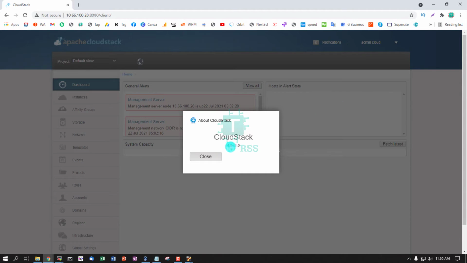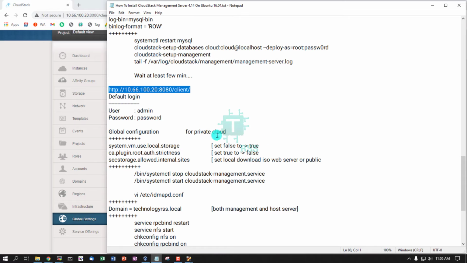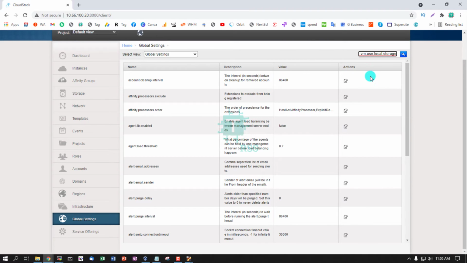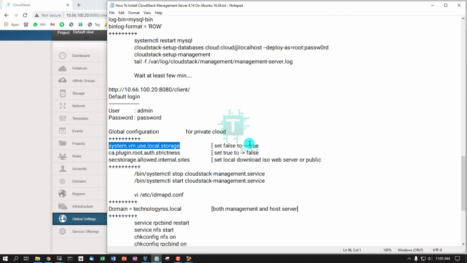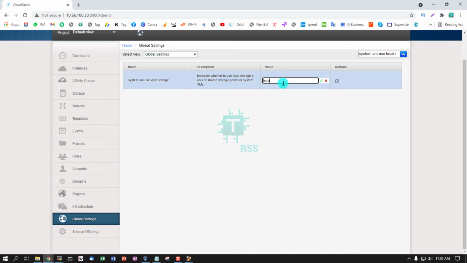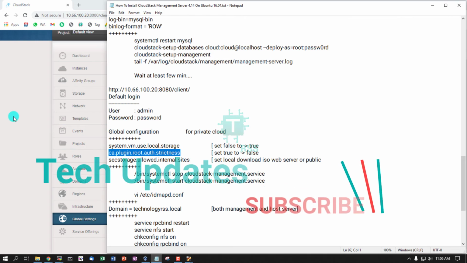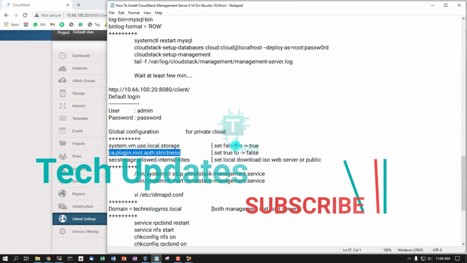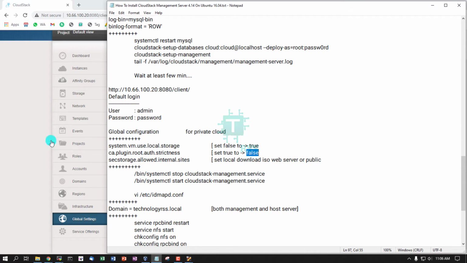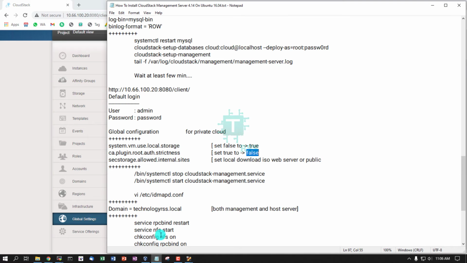Version about 4.14.1.0. Go to global settings and then change system VM, search and change false to true, and enter to save, and again search for the CA plugin and change true to false,